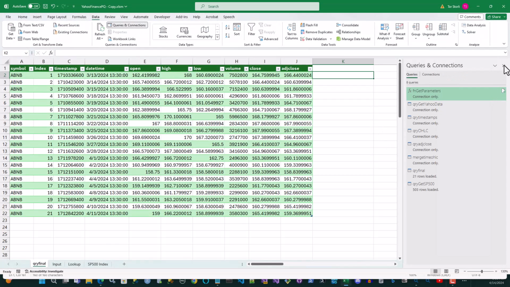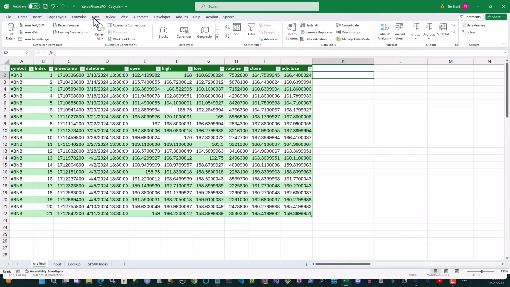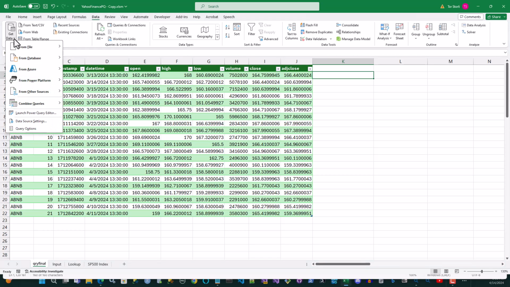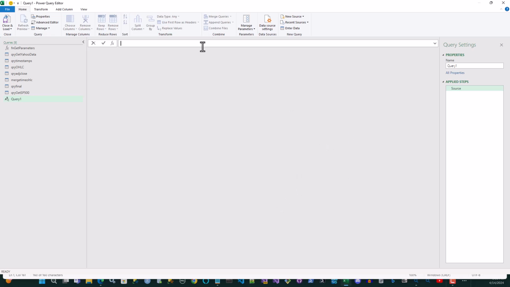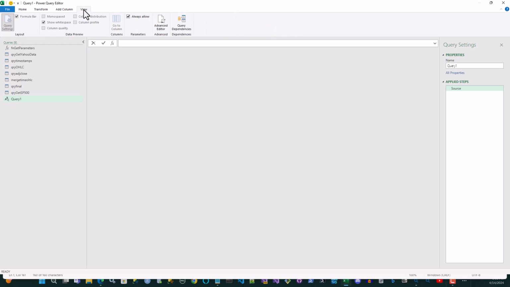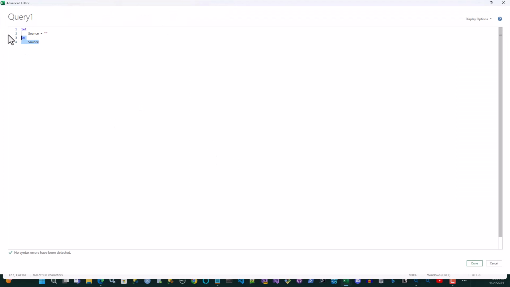If you want to get into Power Query, I can shut off the visibility here by clicking this on the Data tab. Another thing I can do is go to Get Data, then From Other Sources, and go down to Blank Query like this. And now you are in what is called a step. And if you go to this View tab and click Advanced Editor, now you can see the M code